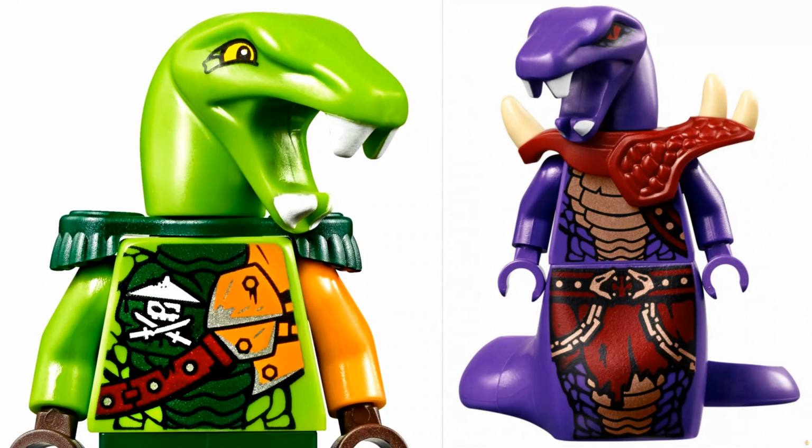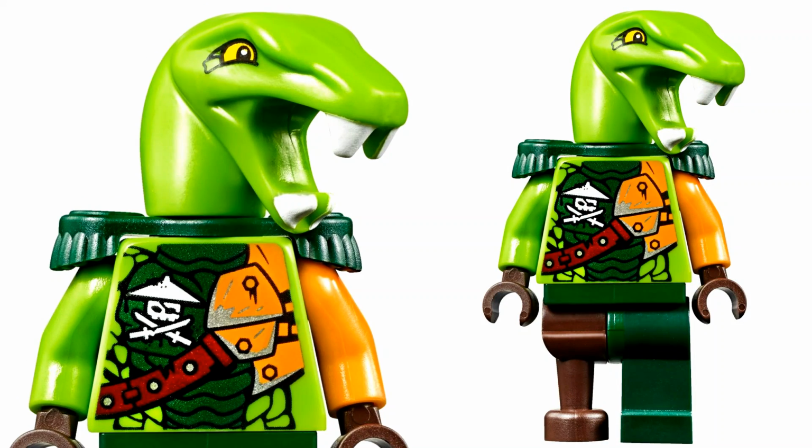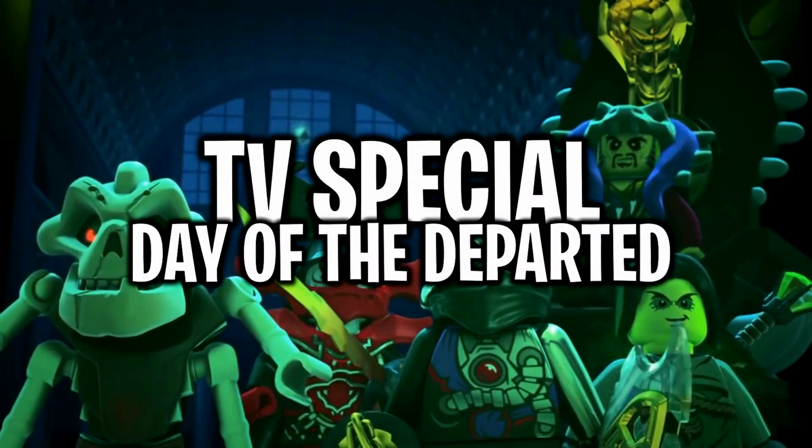He uses a lime green head of the Anacondrai back from Tournament of Elements that we saw. Overall, a pretty decent looking minifigure, but let's go ahead and move on to the next season. Well, maybe I shouldn't say season, because the next one is a TV special. We have Day of the Departed, and since there was a wave of LEGO sets specifically for this TV special,